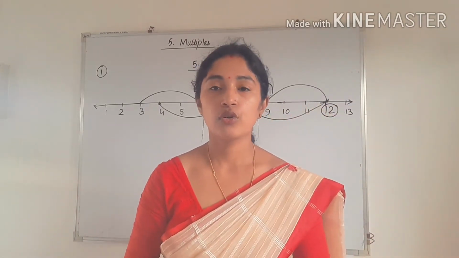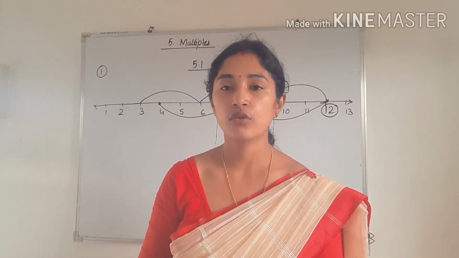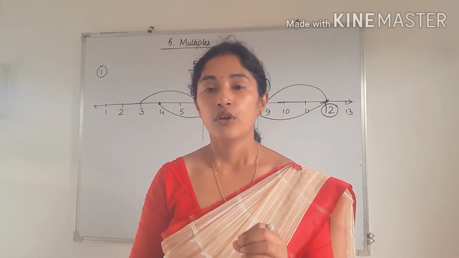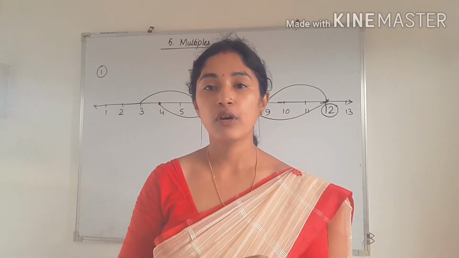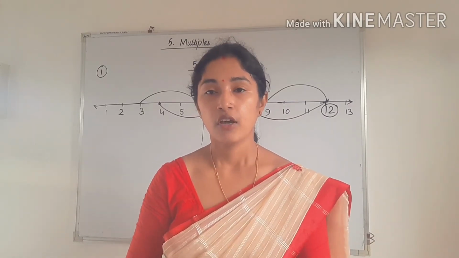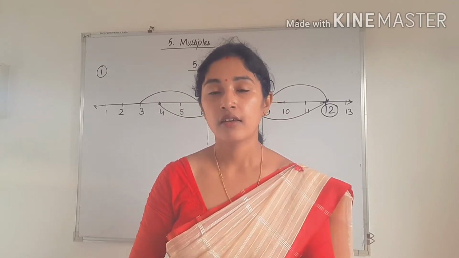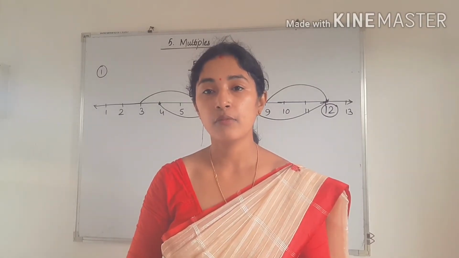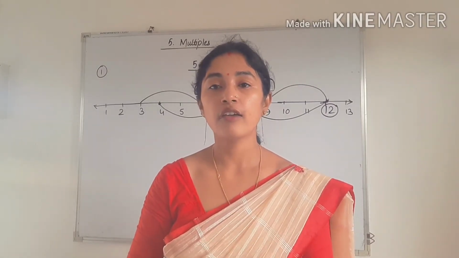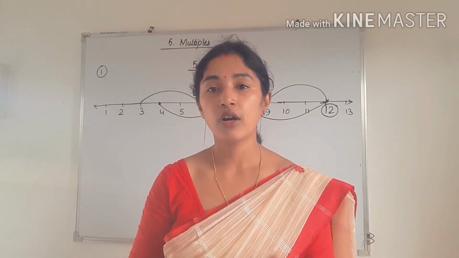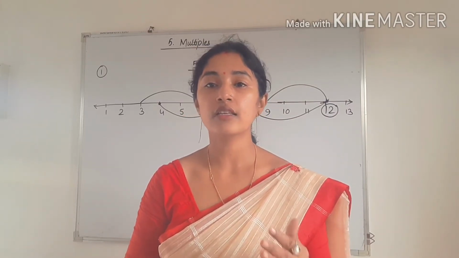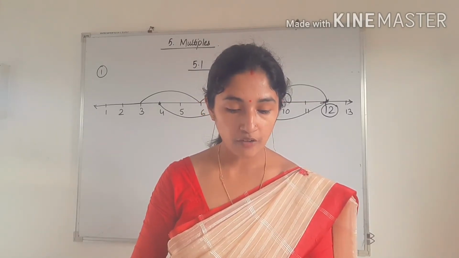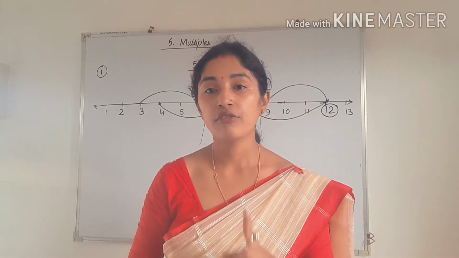of 5. You know by the divisibility test also, the numbers which are divisible by 5 are having what in the unit place? The number should be 0 or 5. For example, 5, 10, 15, 20, 25, 30, 35. In all these numbers, the unit digit place is either 5 or 0. So these type of numbers are divisible by 5, or we can say these are the multiples of 5. So next you have to mark the multiples of 5.